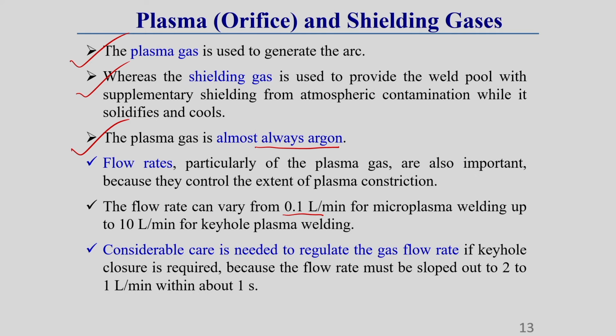That means 10 liters of gas will pass through this nozzle per minute. In the plasma arc welding process, keyhole stopping is a very critical phenomenon, because in keyhole stopping the current is generally very high, and we have to drastically reduce it to a low current, and that time should be very short. Within a second we have to reduce from high current to low current, to convert the keyhole to conduction mode, or to stop the keyhole.